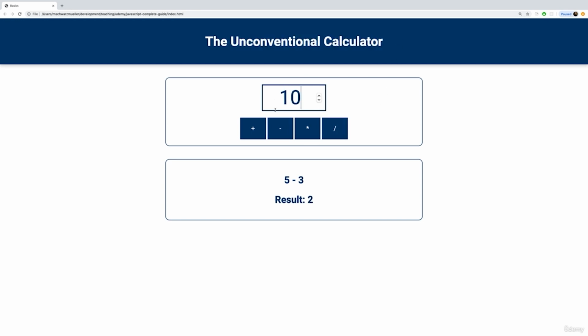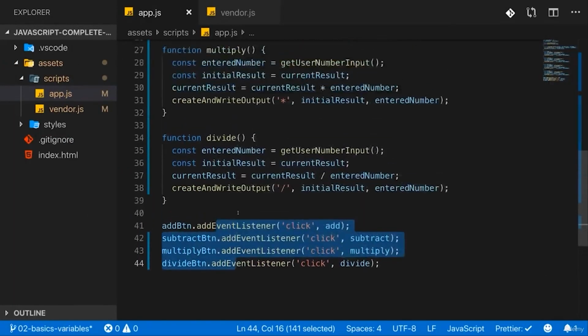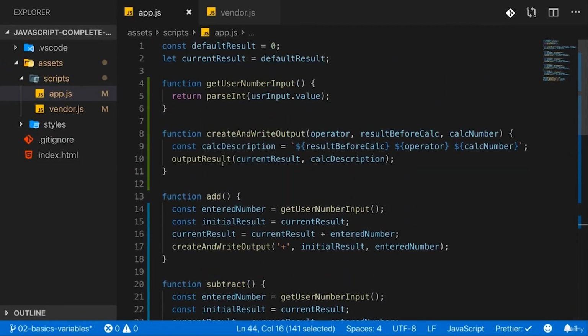So now let's add 10 and star. So we had 2, so now it should be 2 times 10, and that's the case. And finally divide by 4 maybe, and we get 5. So this all works. Now we connected a couple of buttons to our functions, and we also had a first look at code refactoring and code reusage,